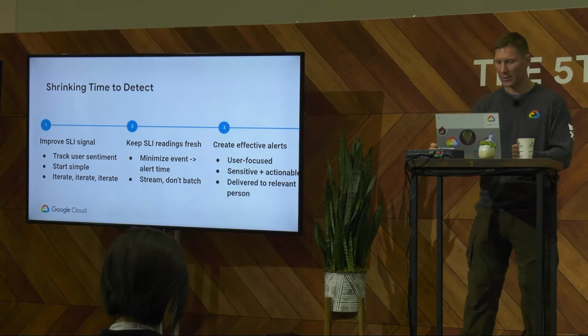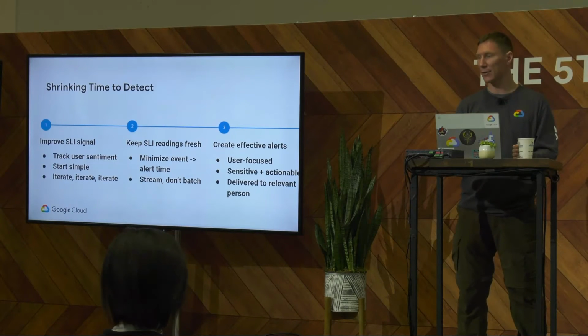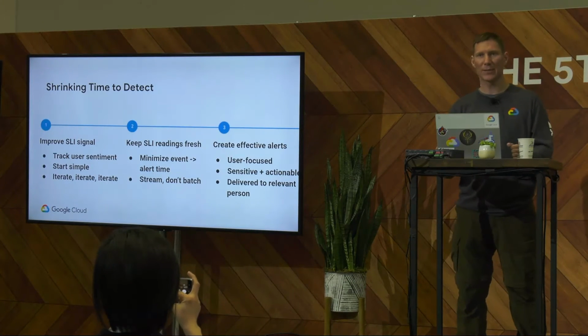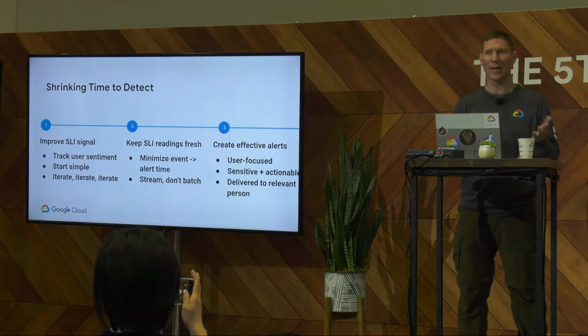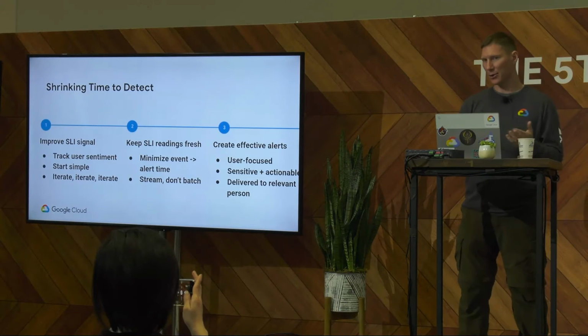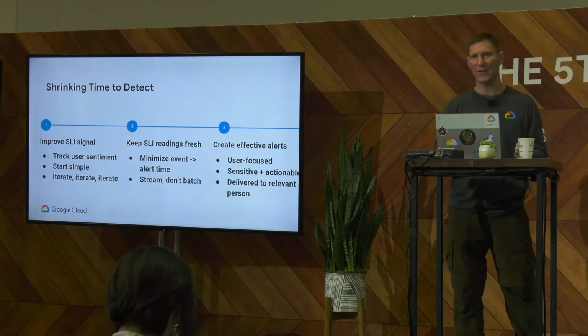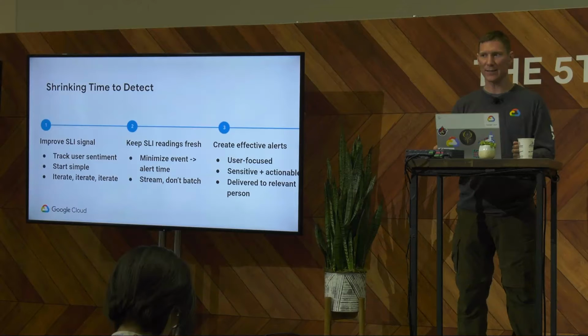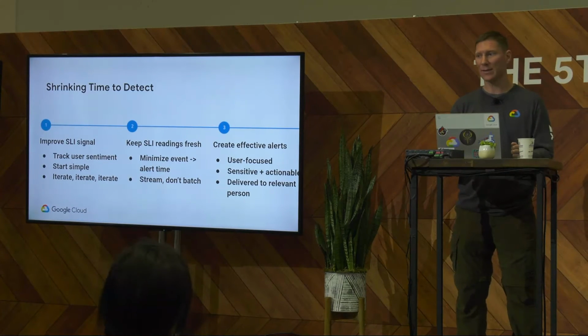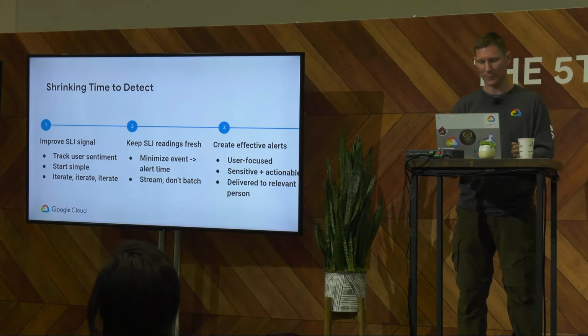It's also important to make sure the alerts get to the right person. Smaller companies don't have as much of a problem with this if they only have one on-call team. But for larger companies that have multiple on-call teams, you need to make sure you loop in all the right people as fast as you can. If you can do any kind of automated root cause analysis and automatically bring those people into the alert, then that will save a lot of minutes as you're trying to get things figured out.